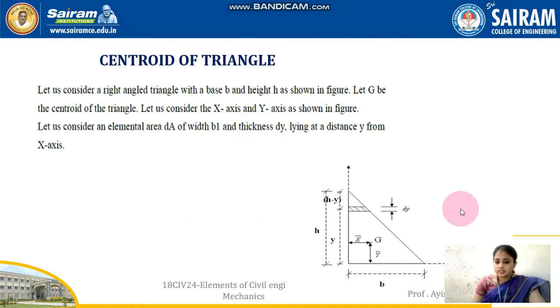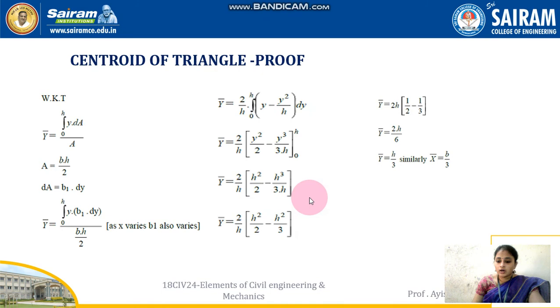So it is always said that for a triangle, the centroid is located at 1/3 distance from the maximum intensity side. You need to divide the distance into 3 parts: 1/3, 2/3, 3/3. Here, from the greater intensity side, it will lie in the first third only. Even in the uniformly varying load calculation for the support reactions, we have seen that we locate the load at exactly 1/3 distance from the maximum intensity, right? How did it come? Through this particular theorem only.